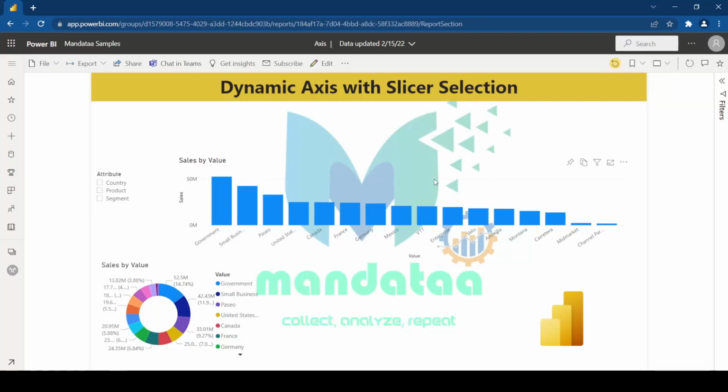Hello all, welcome back. Today in this session, I'm going to show you how to change the x-axis or legends with the help of slicer selection. We have plotted a bar graph and a donut chart on our page. We have an attribute slicer. According to the attribute slicer selection, the axis on the bar chart and donut chart will be